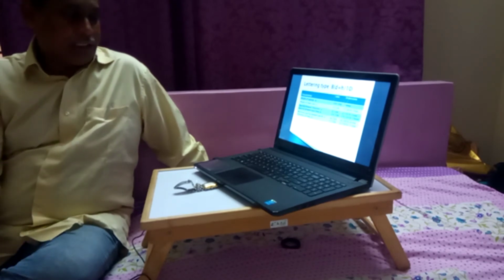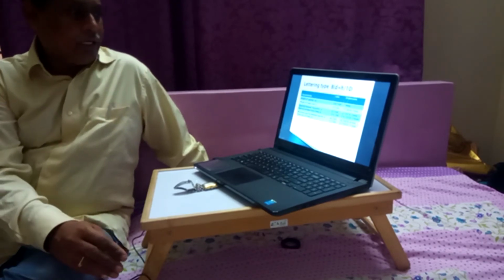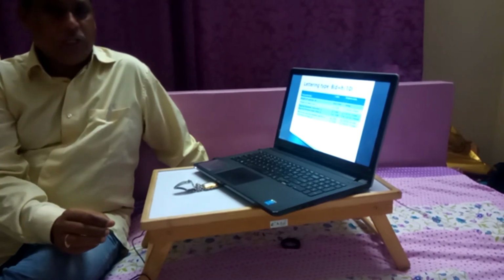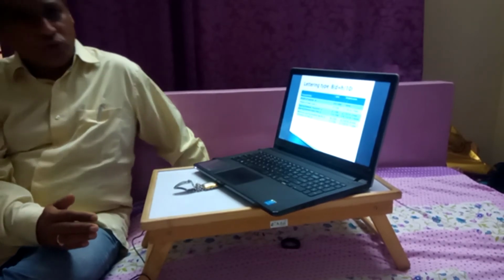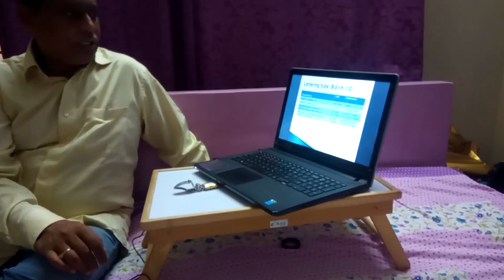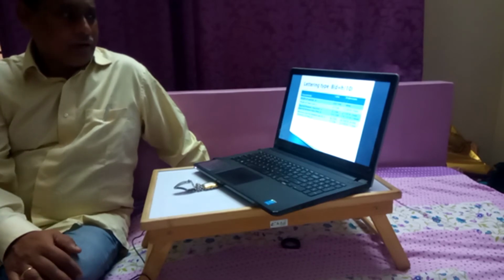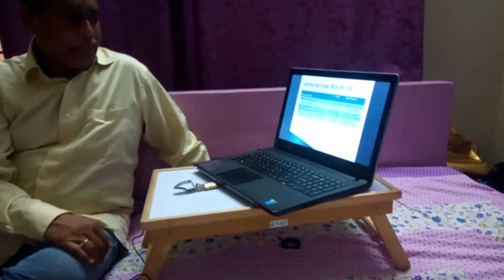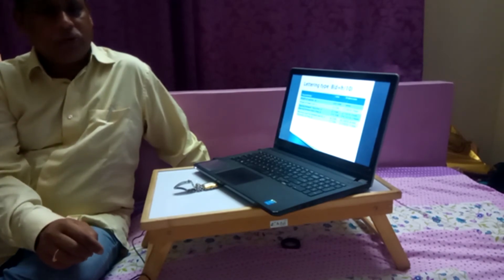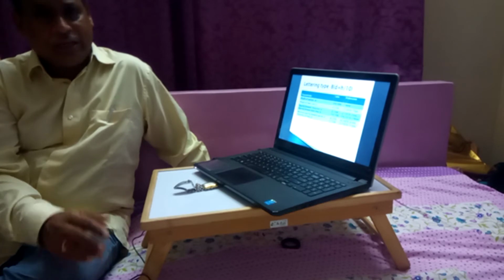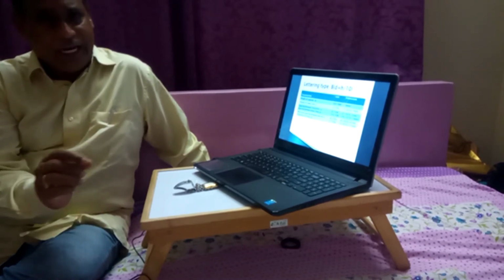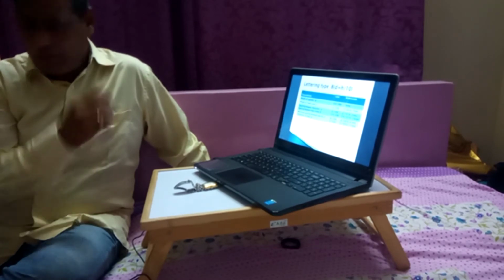Spacing between characters is also 2 by 10 h. Each letter should be spaced so that they are not crammed, they do not join, and they are not far away from each other. So the standard is 2 by 10 h. For a 10 mm height type B letter, we should leave a 2 mm space between each letter. Suppose we are writing cat, the distance between C and A should be 2 mm, and A and T should be 2 mm. That is the minimum